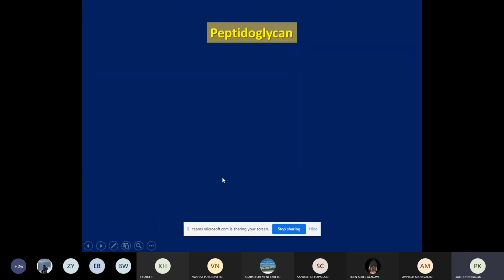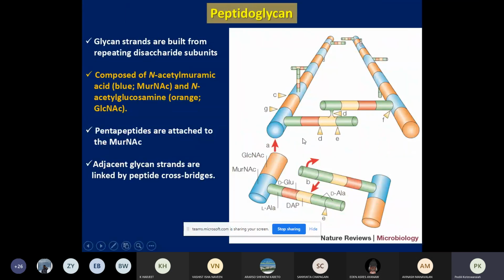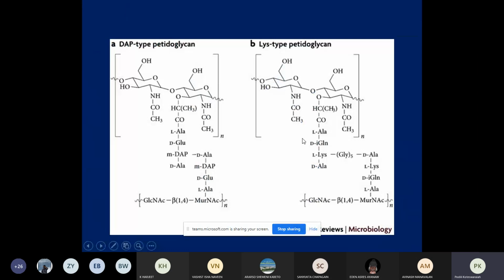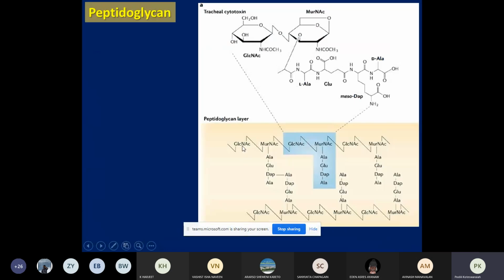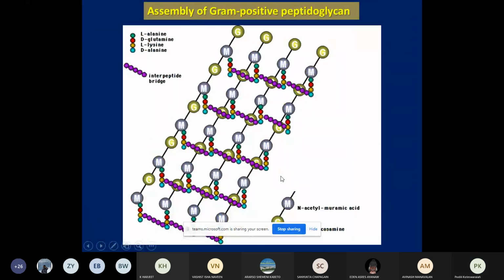Then we discussed some of the heteropolysaccharides, mainly peptidoglycan, and it is multi-layered in gram positive, and it is very thin in gram negative. Chemically it is composed of N-acetyl glucosamine and N-acetyl muramic acid with beta-1,4 glycosidic bonds, and one NAG and NAM layer is cross-linked with another NAG and NAM layer through short peptides, and this short peptide linkage is catalyzed by the transpeptidase enzyme, and the lysozyme enzyme